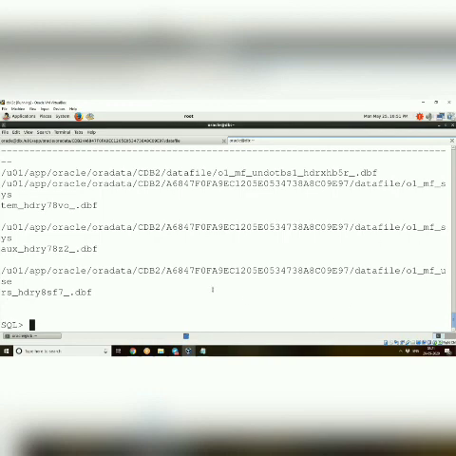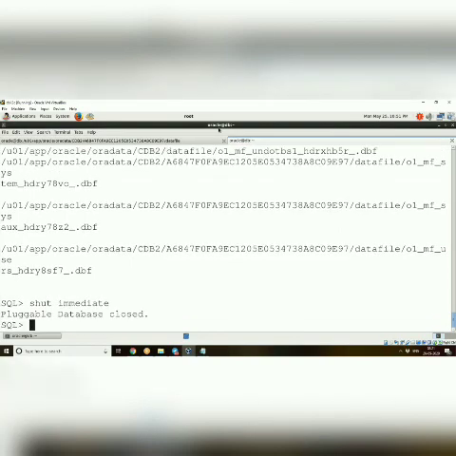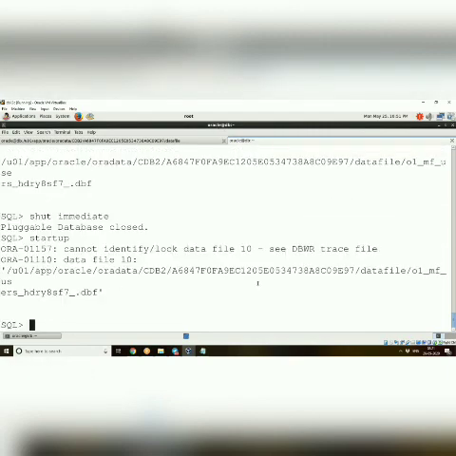So what I'll do, I'll just shut immediate. Now again I'll start up. See, while starting up, it is checking that users is not there and throwing error. So it will come to the mount stage now. Show PDBs.